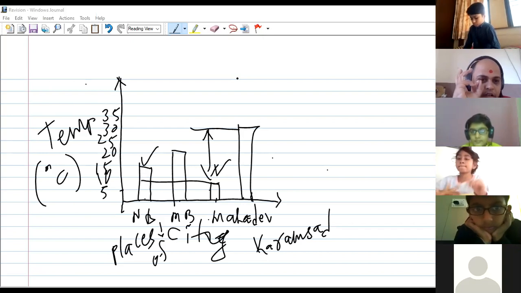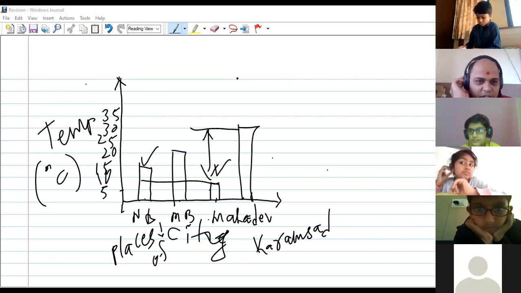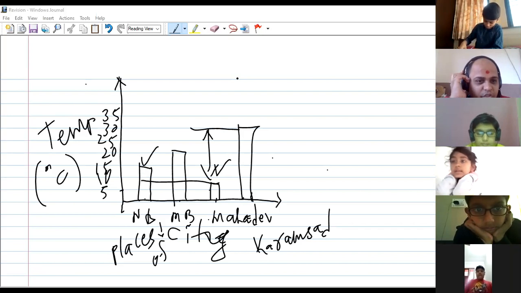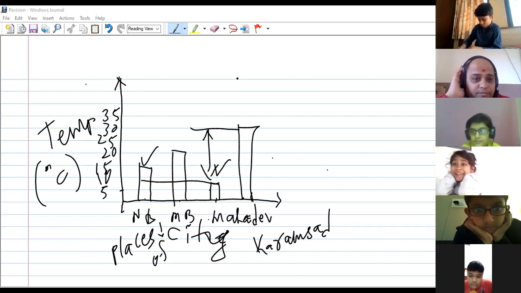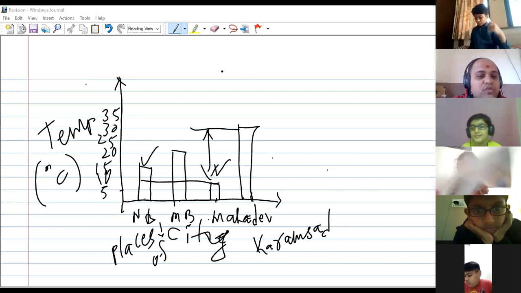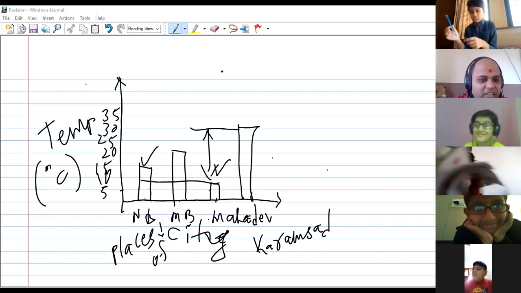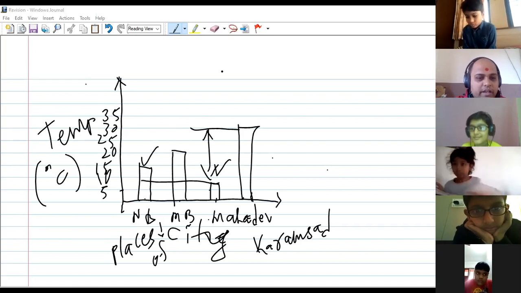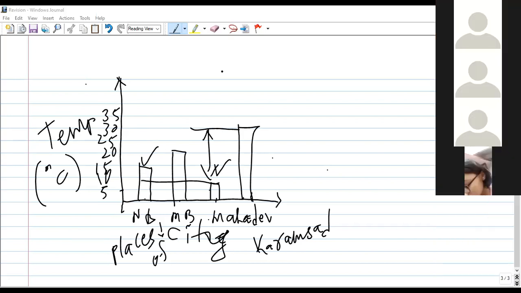So we have covered fields and fences, that is area and perimeter, then smart charts. Now what is left? Symmetry and patterns. Those two chapters are left for revising. When it comes to symmetry, it's very easy. We have done so many examples, and the last quiz that we had done, I hope you have solved those questions that I had given. In the last session we had done a very interesting session.